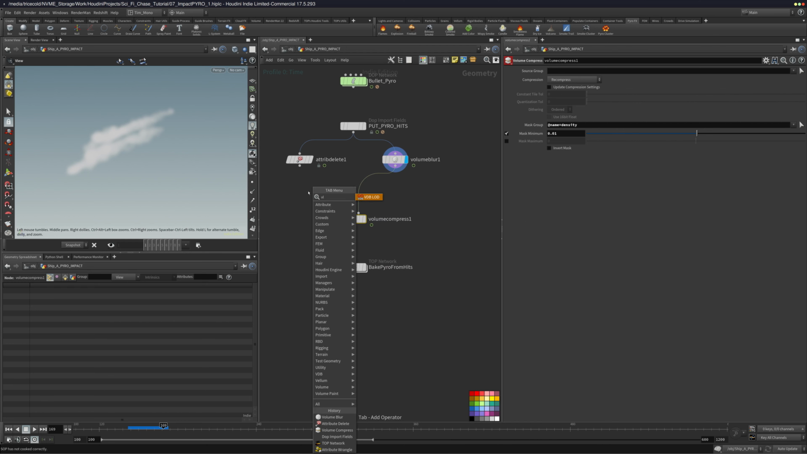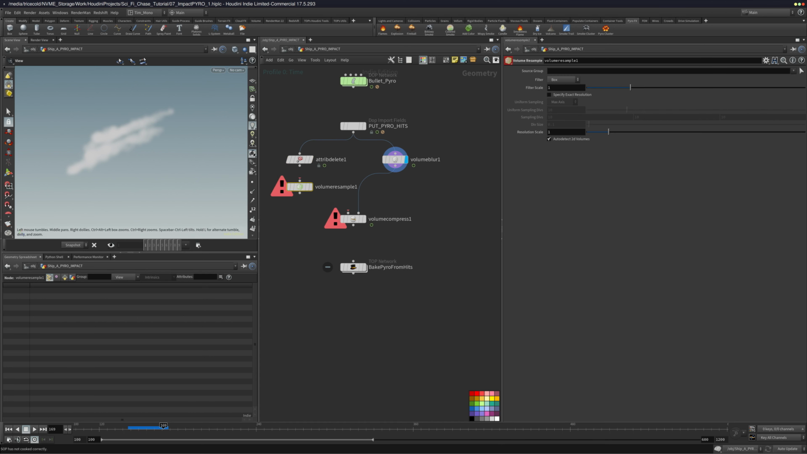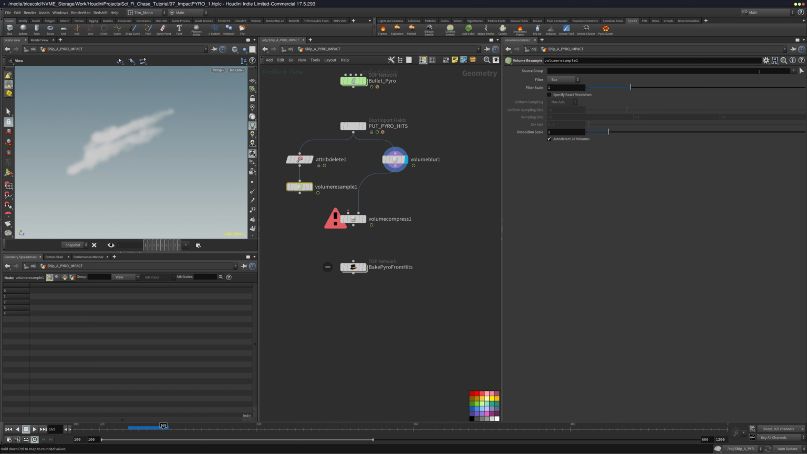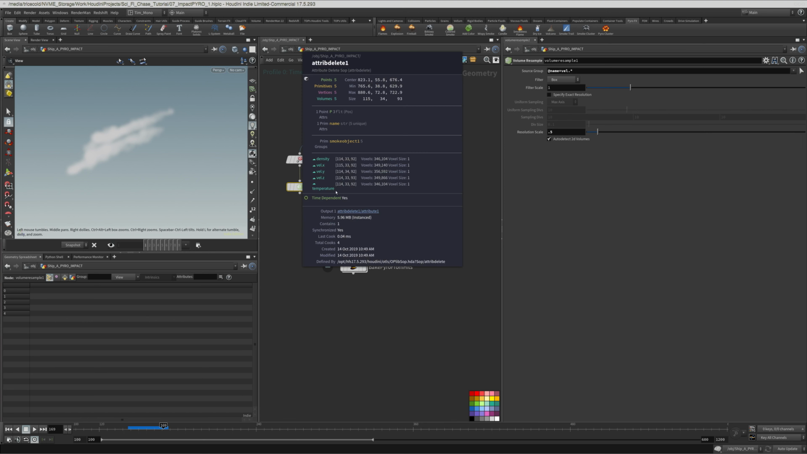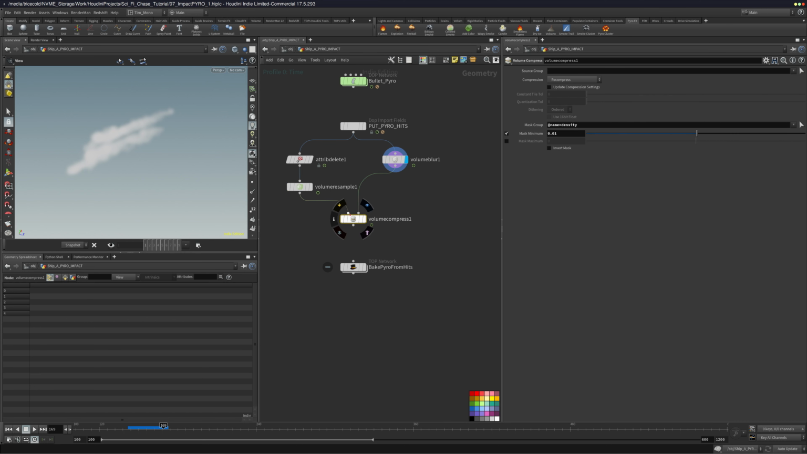First, I want to resample my velocity field, volume resample. I'm just going to fetch, in this case it's not plugged in, so let's plug it in. I'm just going to get the velocity field. I want to change the resolution, to drop the resolution of the velocity field by half, which means from 115 now we are down to 58. So if I plug this now into the new volume compress node,